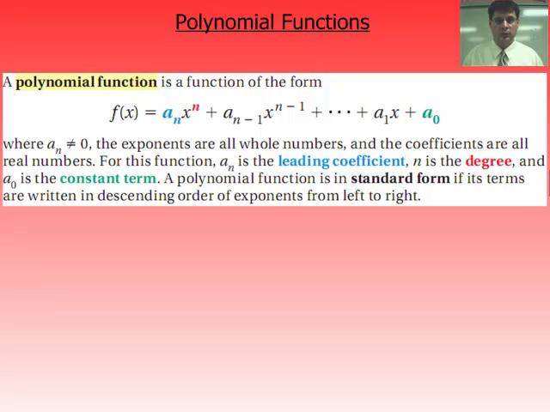In this lesson, we're going to be talking about how to evaluate and graph polynomial functions. But before we do that, we need to know exactly what a polynomial function is. A polynomial function is in the form of f of x equals a sub n, x to the n,